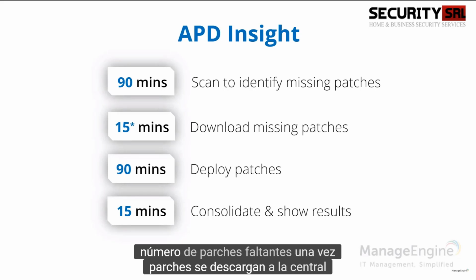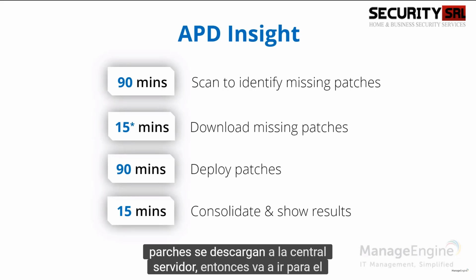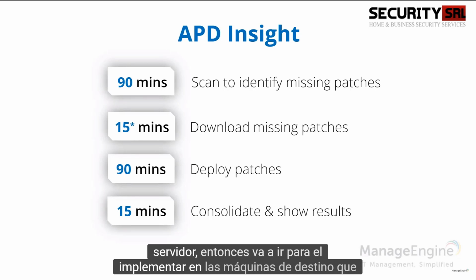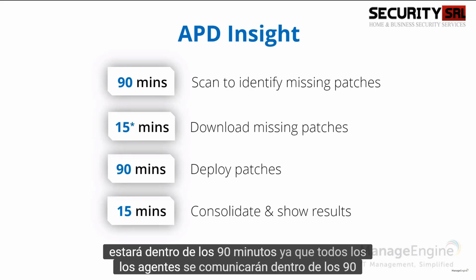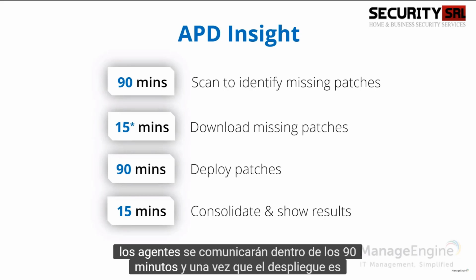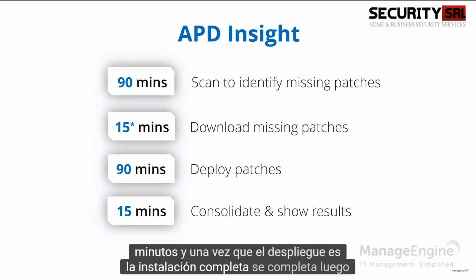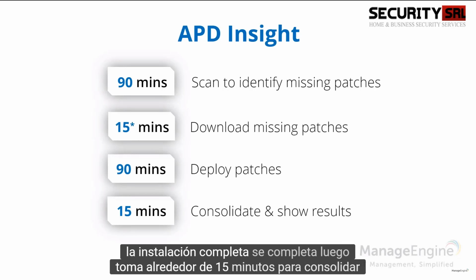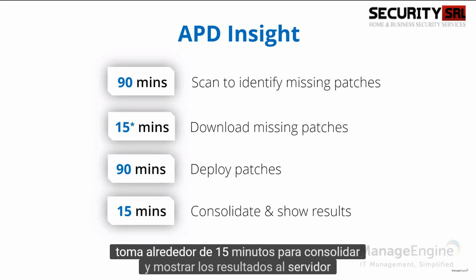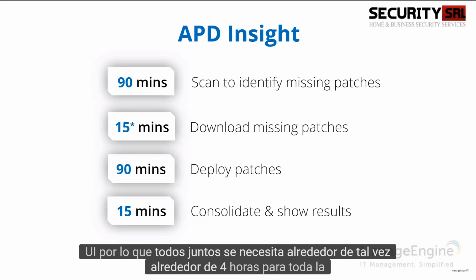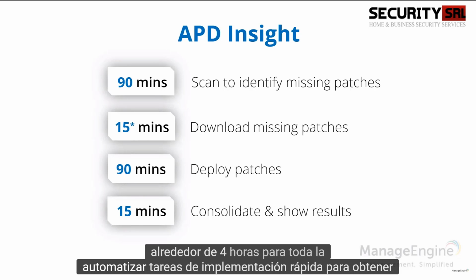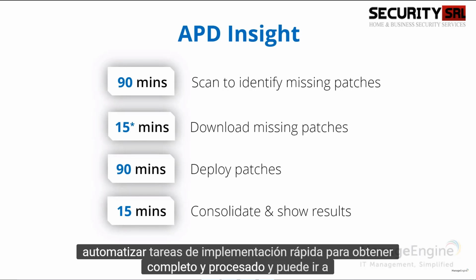Once the patches are downloaded to the central server, then it's going to go for deploying to the target machines. That will be within 90 minutes, as all the agents will communicate within 90 minutes. And once the deployment and installation is completed, it takes around 15 minutes to consolidate and show the results back to the server UI. So altogether it takes around 4 hours for the entire automate patch deployment task to complete and